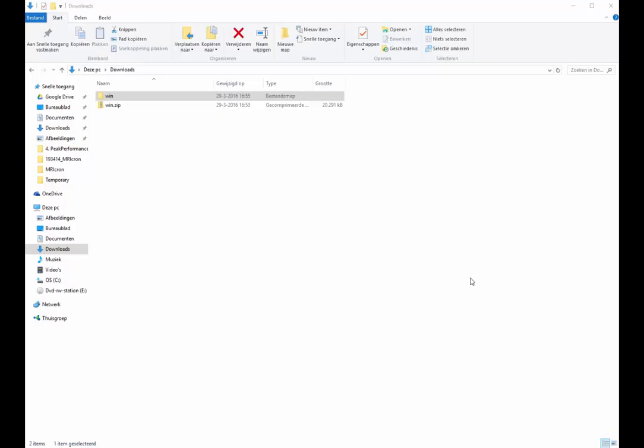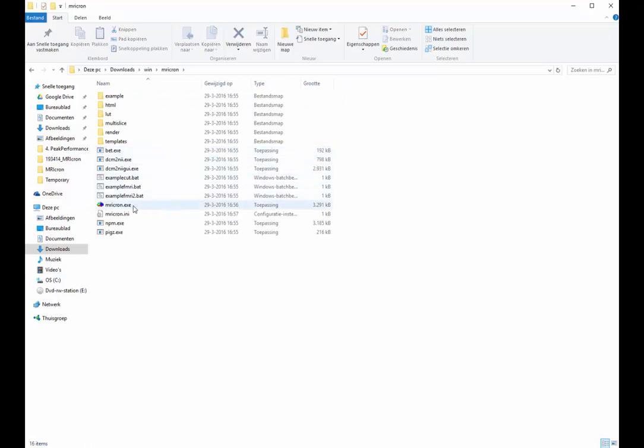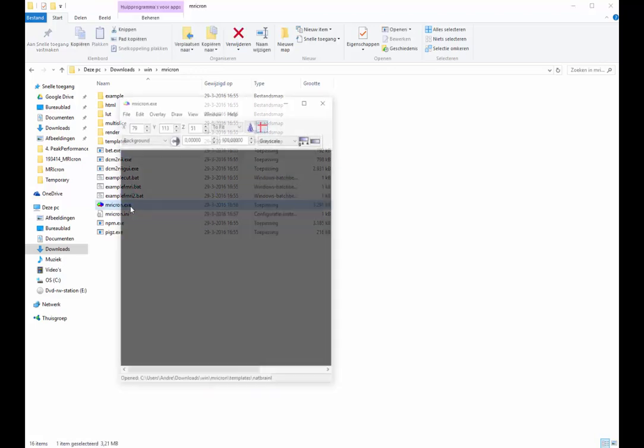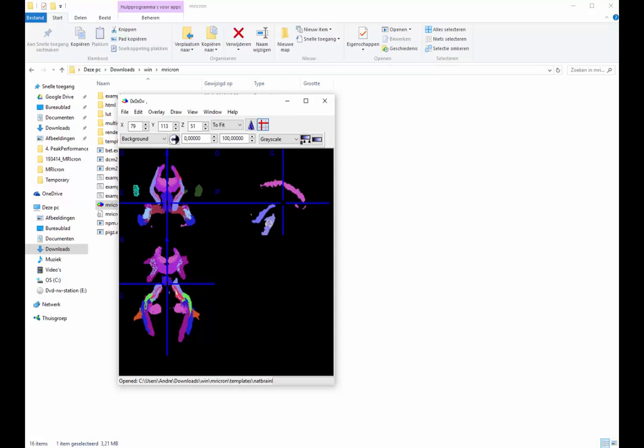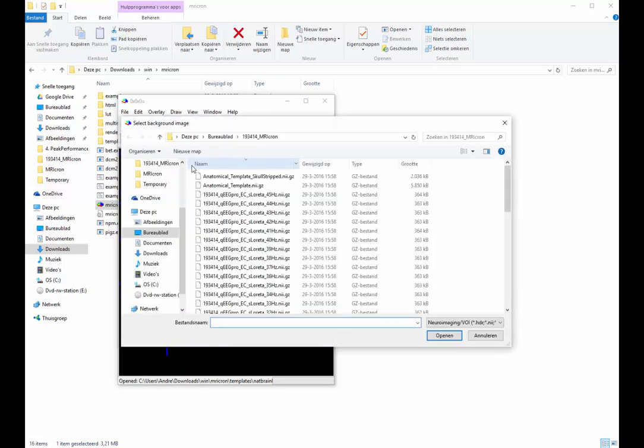So just unzip the downloaded folder, double click on the folder, then double click again on MRIcron, and then double click on the MRIcron.exe application. So now the MRIcron software will be started for the first time, and it will load up some default atlas. Now you need to go to File, Open, and then go to the results file that you downloaded from